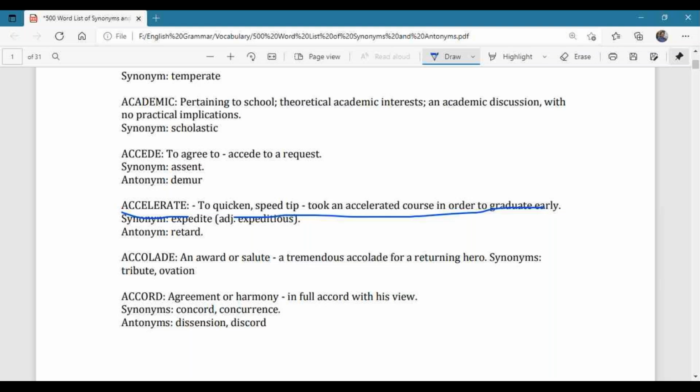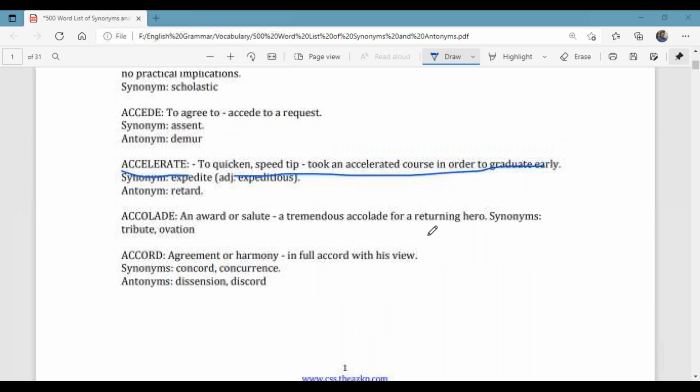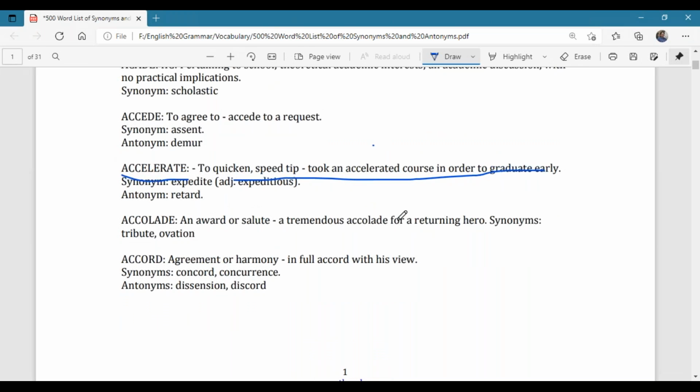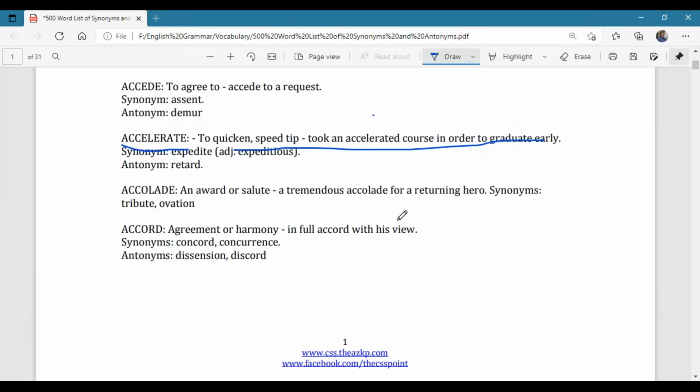Yeah. Okay, so that is what accelerate actually means. Of course, you can also